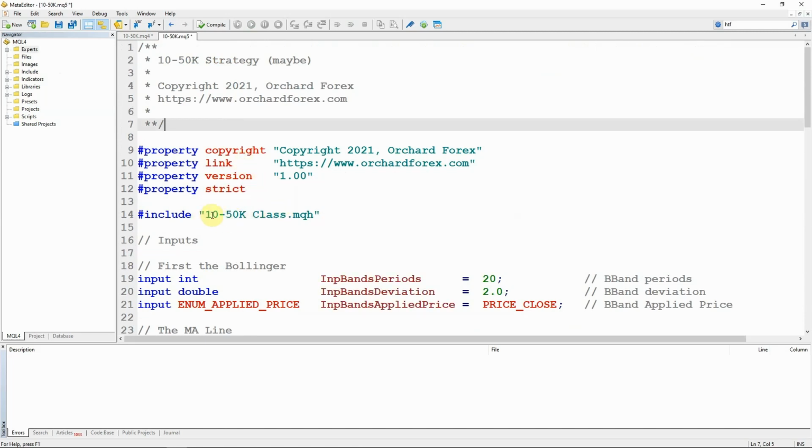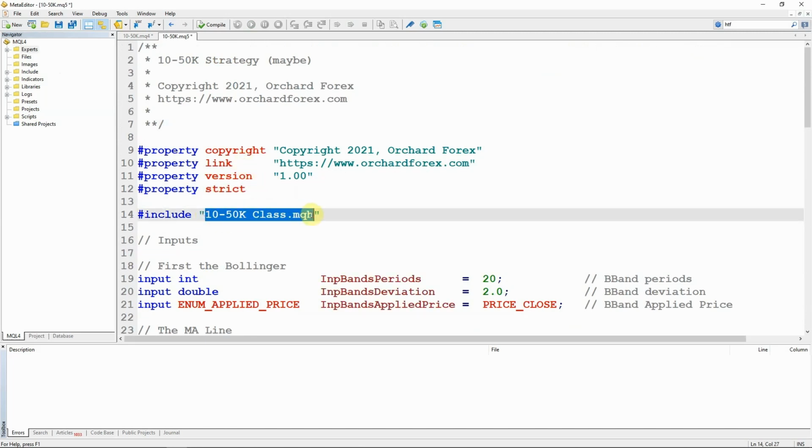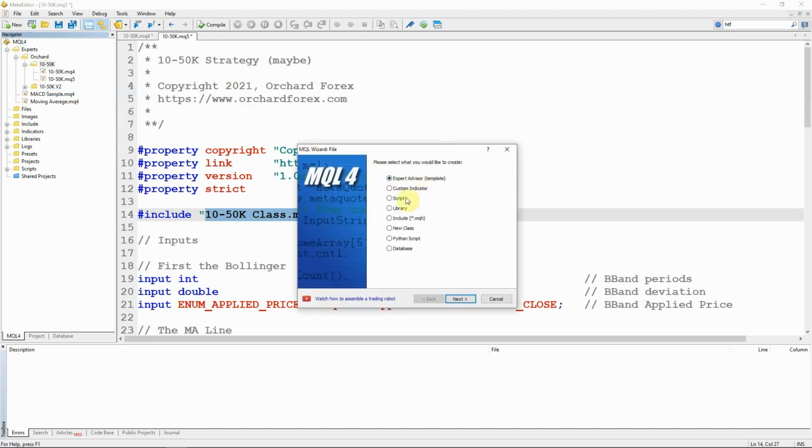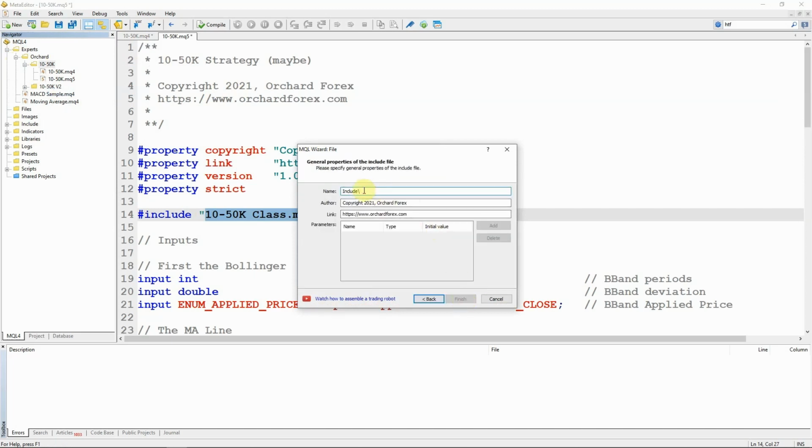And now I'm going to create this include file. It's in the same folder as the MQ4 and MQ5. So if I go to Experts, Orchard, and try to right click here and create a new file and select include, it's going to want to change the path to the standard include path, which I don't really want.